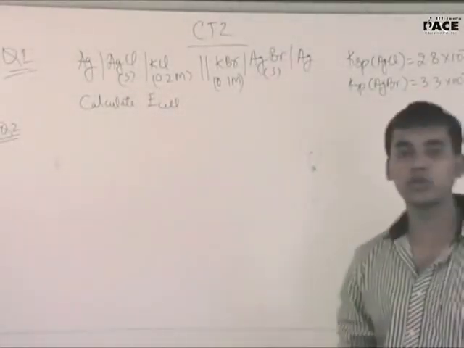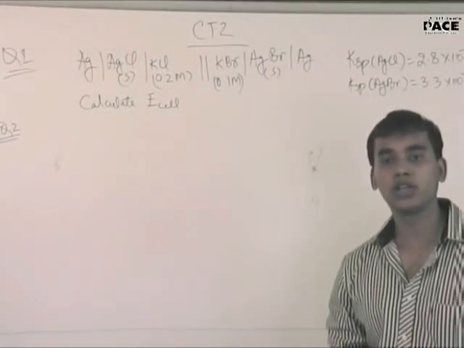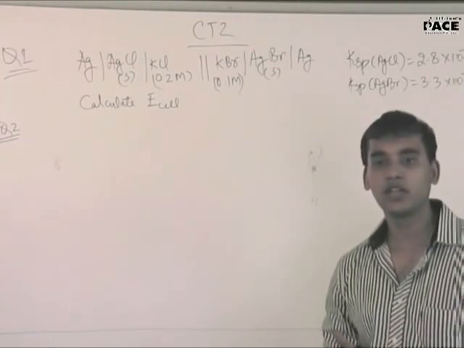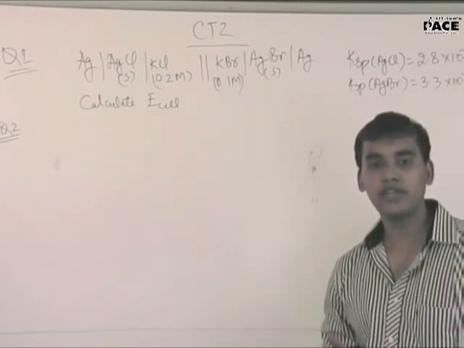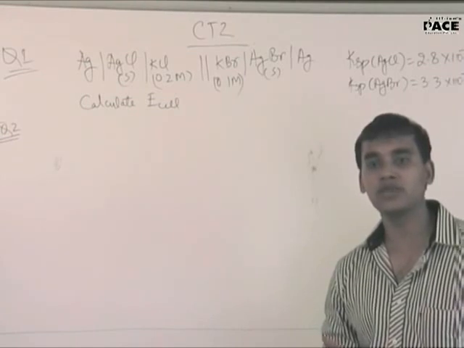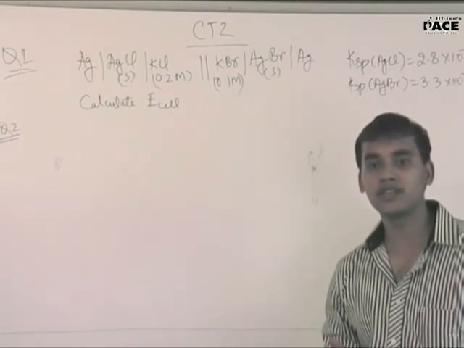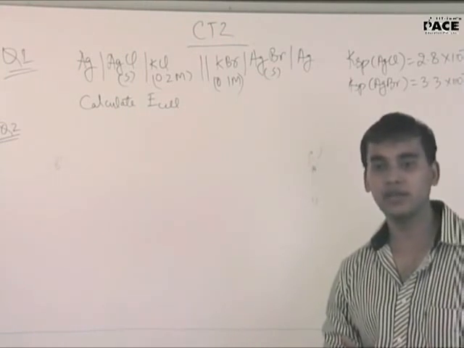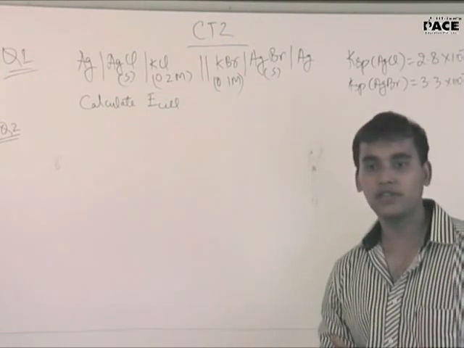See, this is class test 2. This is based on the topics which we covered in the last lecture, right? Last lecture we did cover everything: how to calculate E cell using the Nernst equation, concentration cells. All these are like 4 questions, and you have been assigned 16 minutes, 4 minutes per question. After that, we will discuss it, okay?